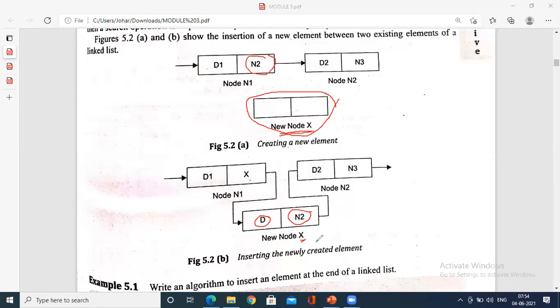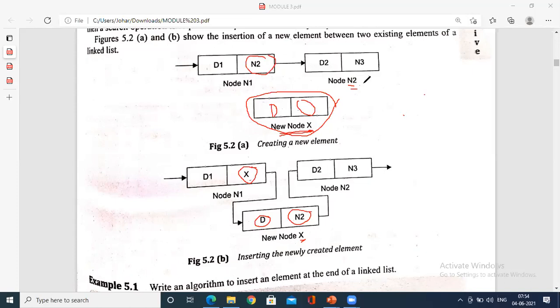Now inserting the newly created element that is in between of n2. So what you will do? So d1. So previously n2 held the address of the immediate data structure, no, n2 this node. Now it has to store the address of x. So x will be inserted over here. And it is being connected to the new node where we have a value called d. And what about the address of this? Address of which one it has to hold?